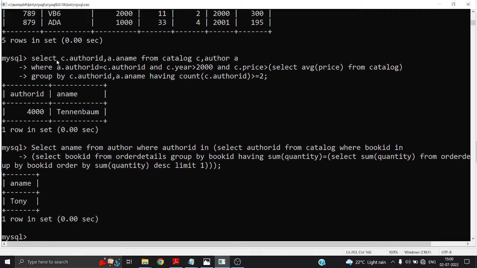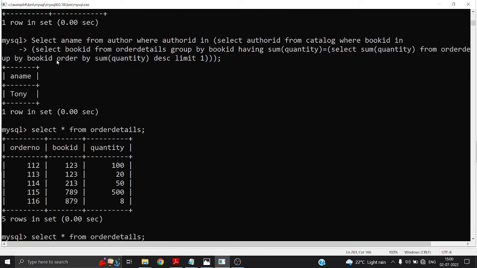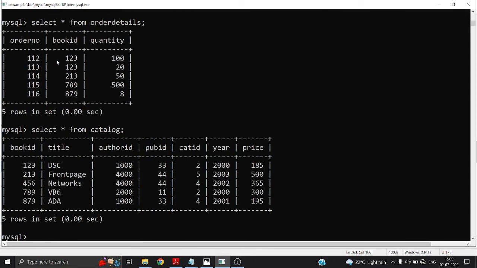Now how did we get the output as Tony? To understand this particular case, first we need to check the two tables' information. Select star from order details. Then next we should check the catalog table. Okay, here we are having the two tables' information. In order to understand which author's textbook is having maximum sales, we are able to get that information through order details. Now you can see order details, which basically maintains the information about which textbook is having the maximum